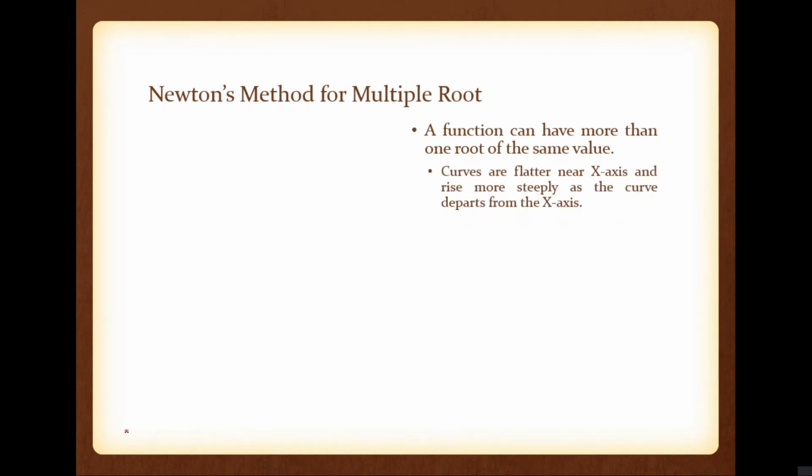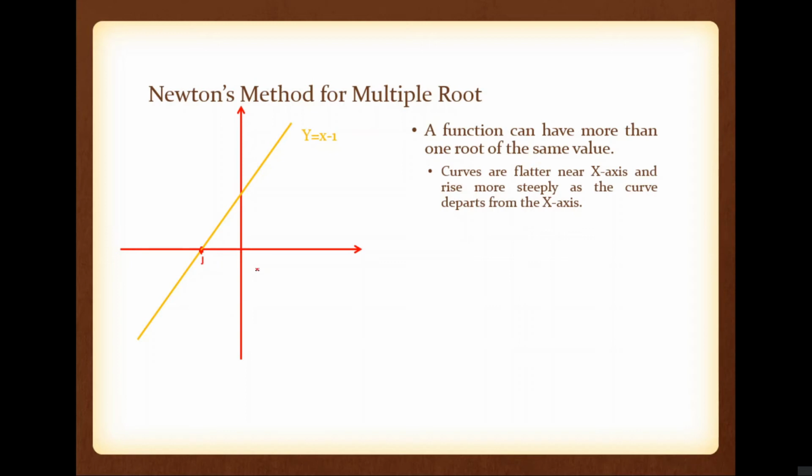Take this function, x-axis and f of x. If we have only one root, say take y equal to x minus 1, this one has only one root. Say this point is 1. So this is the function y equal to x minus 1 that is crossing at x equal to 1. And you can see that at x equal to 1, the slope of this function is comparatively large.